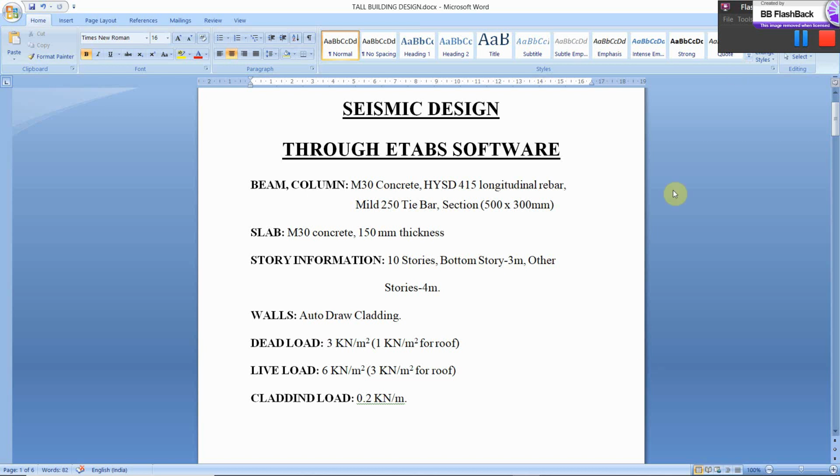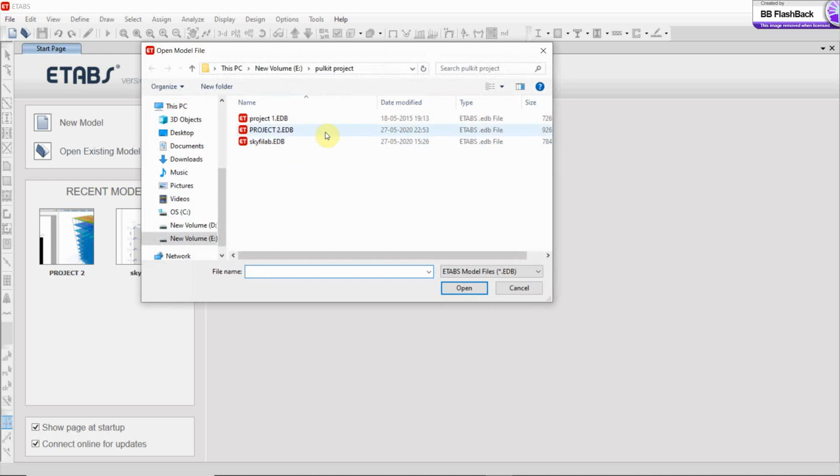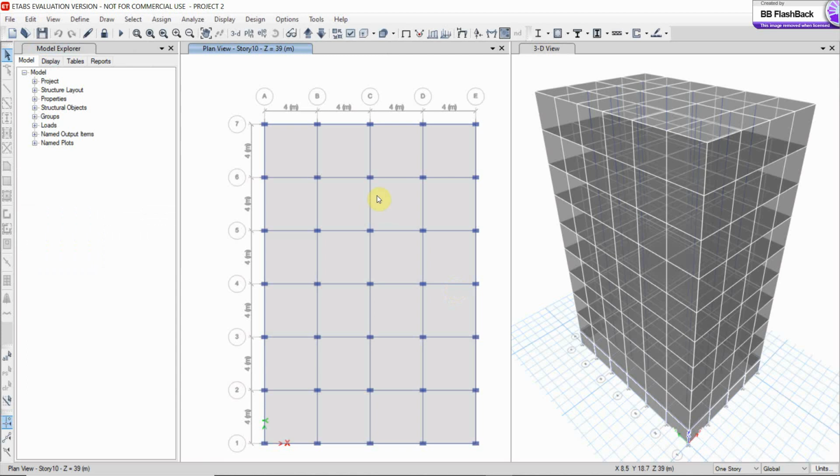Now open the previous model of the tall building design which was designed in previous video. You can open from recent models or go to open existing model, project 2 and open. This is the previous building which was designed. Now to define the seismic load, first of all unlock the model